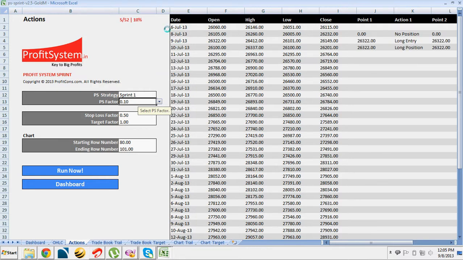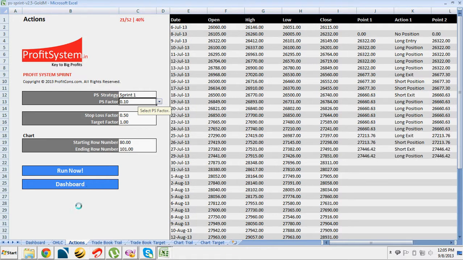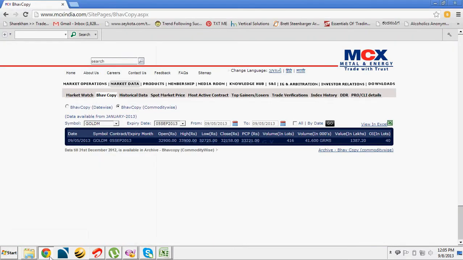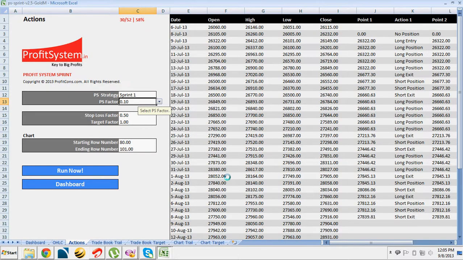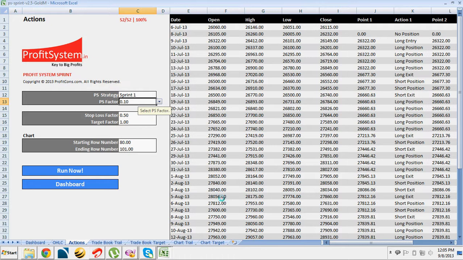Once you say run now, you can see that this tool is getting updated. You can also see the status bar here. Now currently it is updating, saying 25%, 39%, 79%. While this tool is running, you can actually perform your other work. So you can also go and browse the other tools. It is almost done. Now you can see here that this is 100% done.